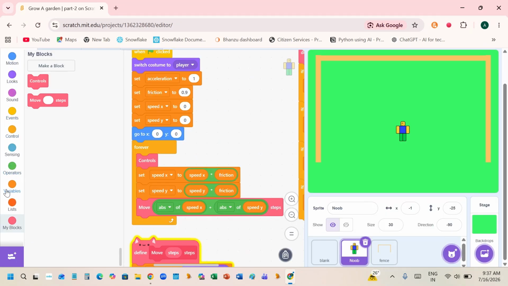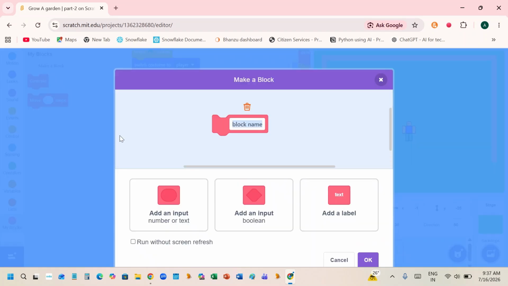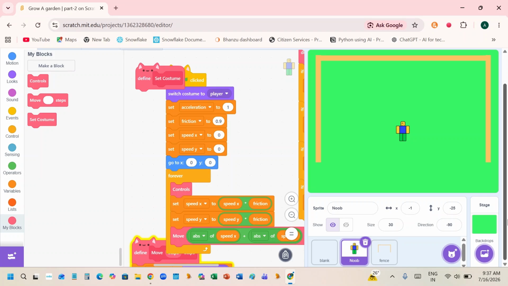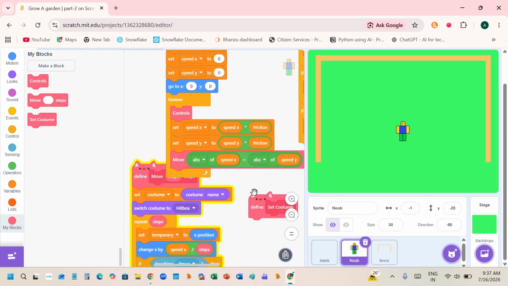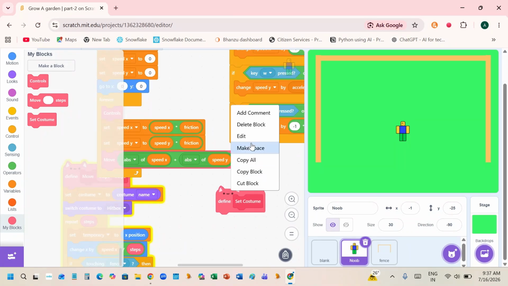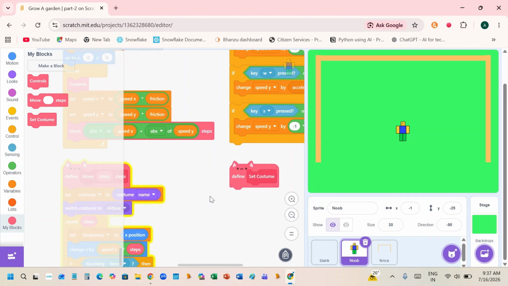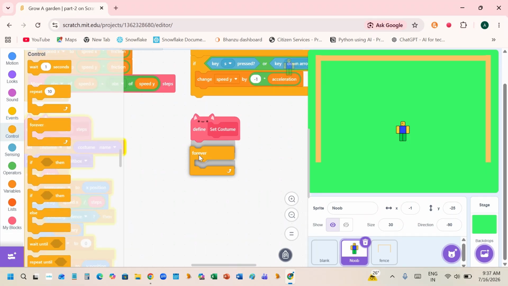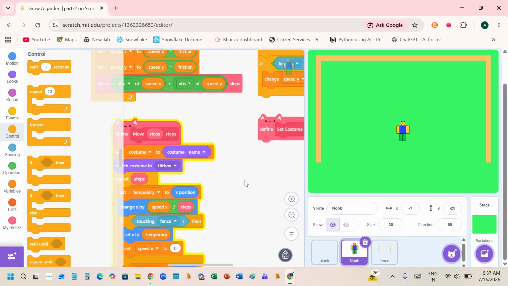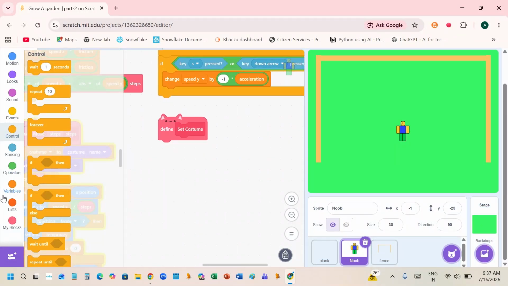So let's start with a set costume block. Run without screen refresh. Then we're going to drag that out there. Where is clean up blocks? Okay, then a forever. Then we're going to make